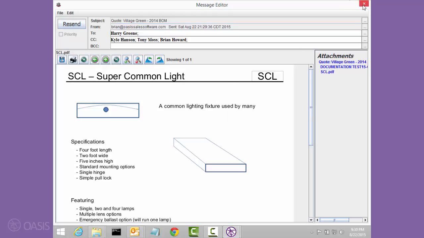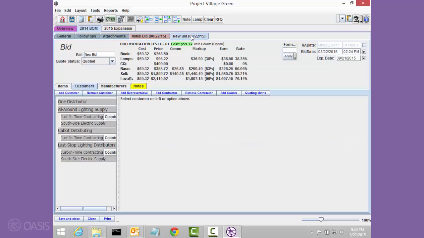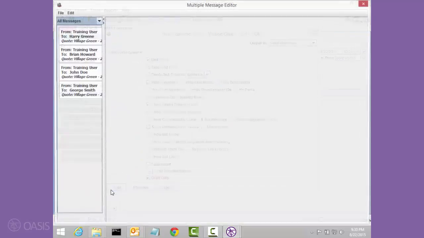SendMessage is a huge deal inside of Oasis, as it saves people a lot of time simply by registering the customers that you would like to send a quote to on bid day, and then when that day and time comes, everything's set, you'll like the price, hit print, customer copy, send message, select all, next, print,